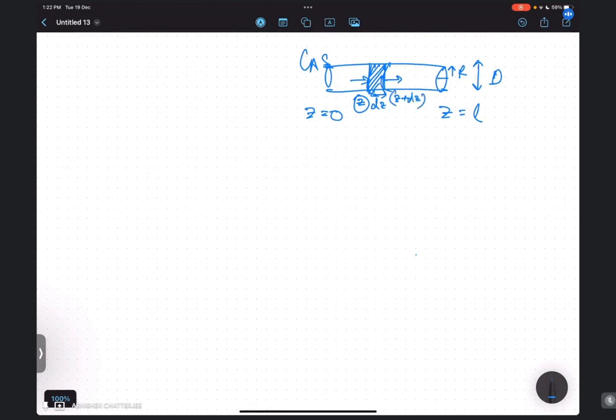Clear? एक स्मॉल स्ट्रिप हम लोग सिलेक्ट किए हैं इस सिलिंड्रिकल पोर के ऊपर, जिसका थिकनेस है dz. So the entrance point distance is Z and the exit point distance is Z plus dz, from the starting. क्लियर नो? ये चीज क्लियर है ना? अच्छा, इनपुट पे कंसेंट्रेशन कितना है? इनपुट पे कंसेंट्रेशन है CaS।